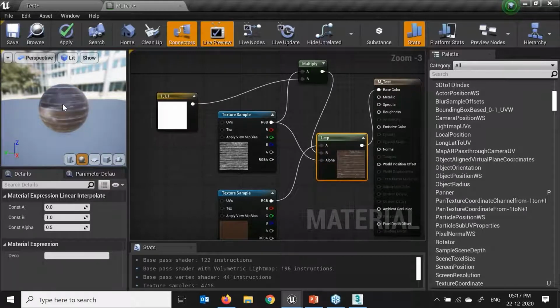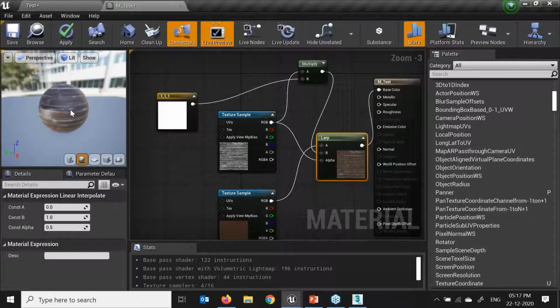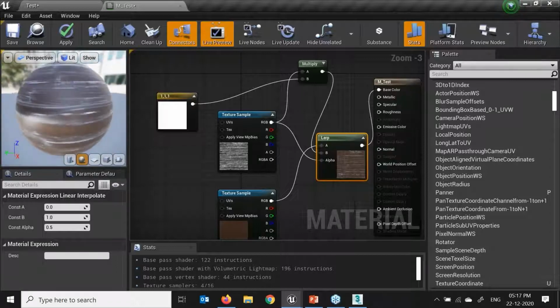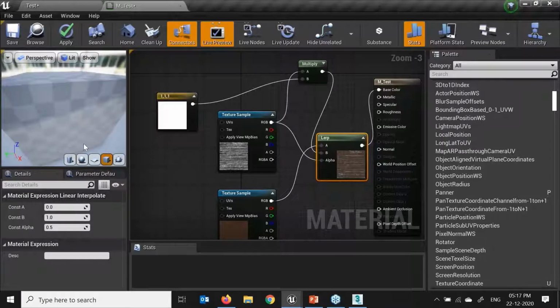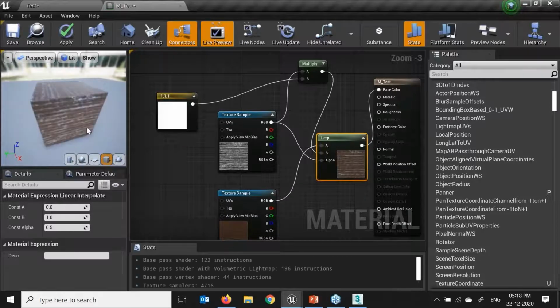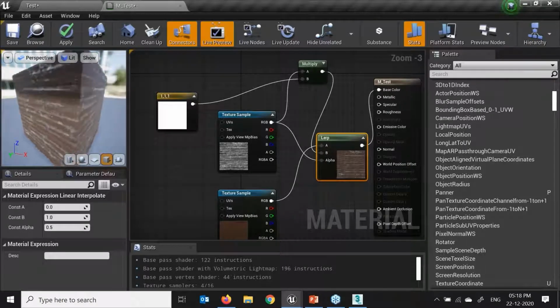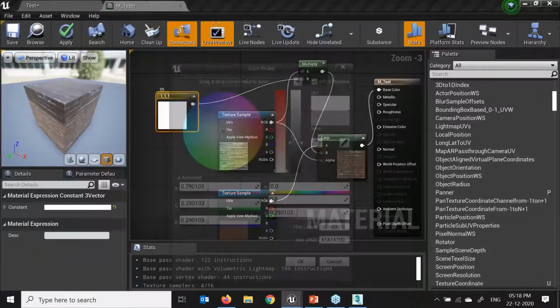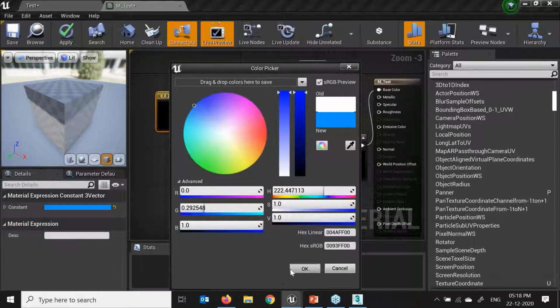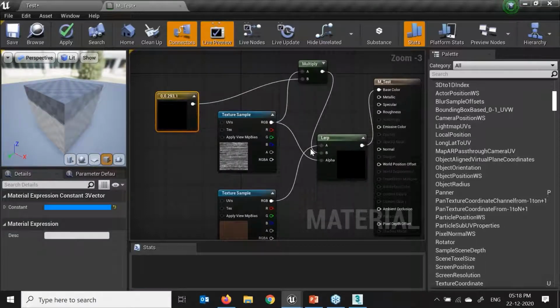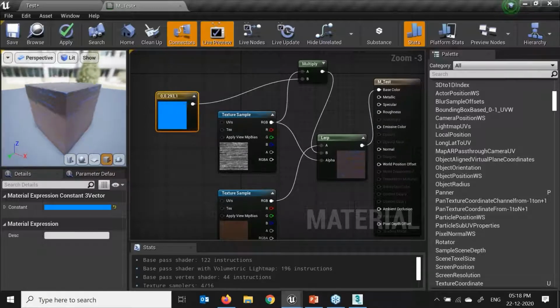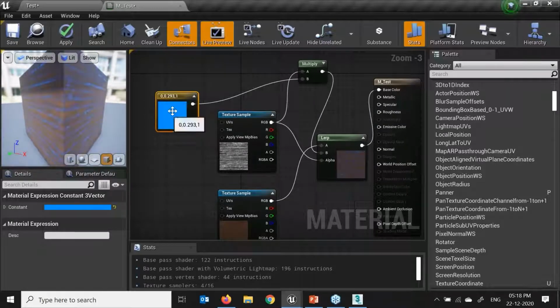Here you can see we have used these two textures in our single object. Just 1 second, I'm just applying. Here you can see over here. Now if I change that color into this blue color and say OK, here you can see we have applied two textures into my base color, right?